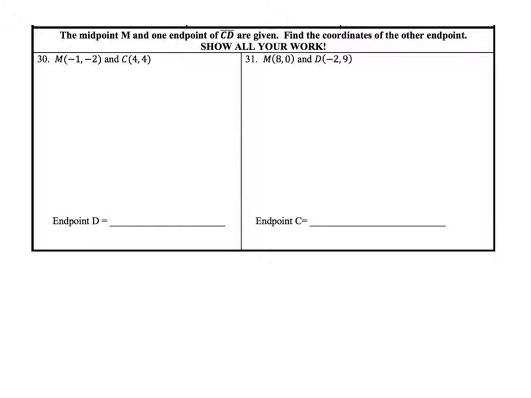For 30 and 31, we're given a midpoint and an endpoint, and we're trying to find our second endpoint. So I'm going to call this end 1. We're going to find M, which is our midpoint. Actually, let's do this. For E1, I'm going to write E1, and that's our endpoint 1. And then we have our midpoint, and then we have endpoint 2. Now, for all of these, we're going to look for endpoint 2, so I'm going to put a question mark